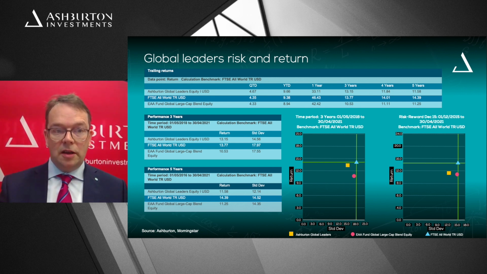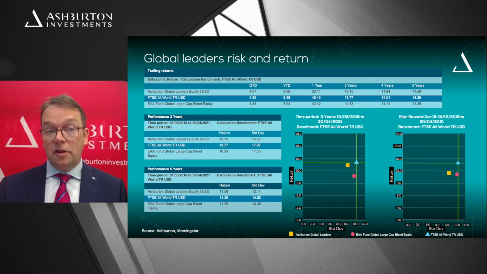So how have we actually been doing? So here we're looking at the Global Leaders Fund. So this invests in up to 25 global mega capitalization companies that fit these quality criteria and growth at a reasonable price criteria we've talked about. Now, the style over the last year has actually not been very much in favor. Over the last year, you would have been better to invest in small companies that have fairly lousy levels of profitability and are also pretty volatile. However, when we look forwards, those don't tend to be the things that work particularly well in the longer term.